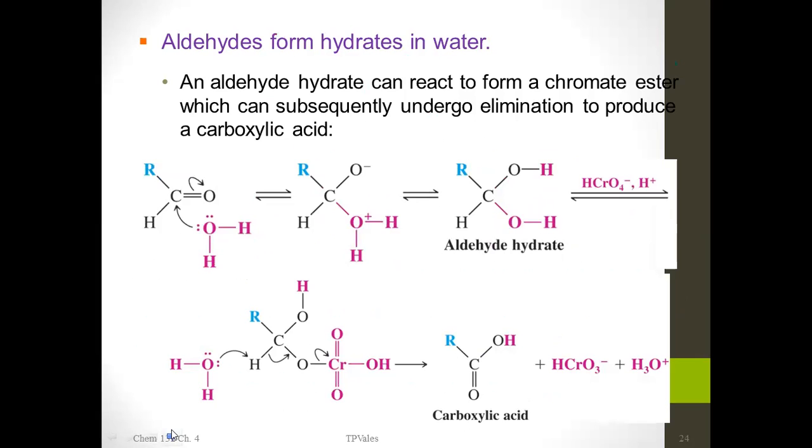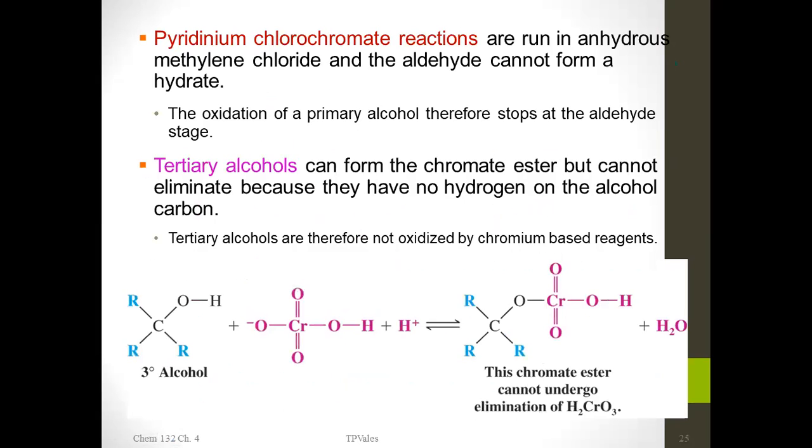Did we discuss that one? For tertiary alcohols, alcohols can form the chromate ester but cannot eliminate because they have no hydrogen on the carbon. Yes, of course, whenever you have a tertiary